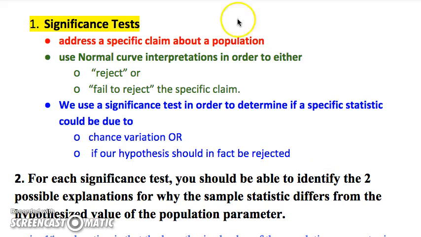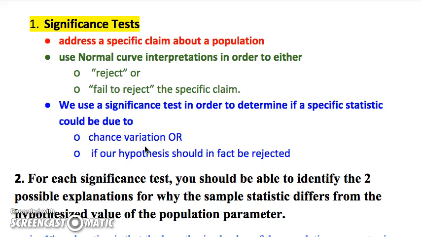So let's sum that up. We address a specific claim about a population. We're looking at the curve as if that were true. We're using a normal curve and what we know about it to either reject that claim, saying our sample is too far from that claim to be true, or fail to reject, meaning that we could have just had that p-hat occur by chance. Now we use it in order to determine if it could be due to chance variation,